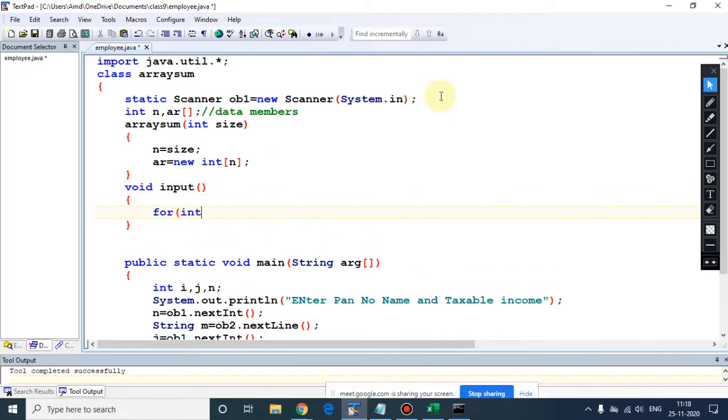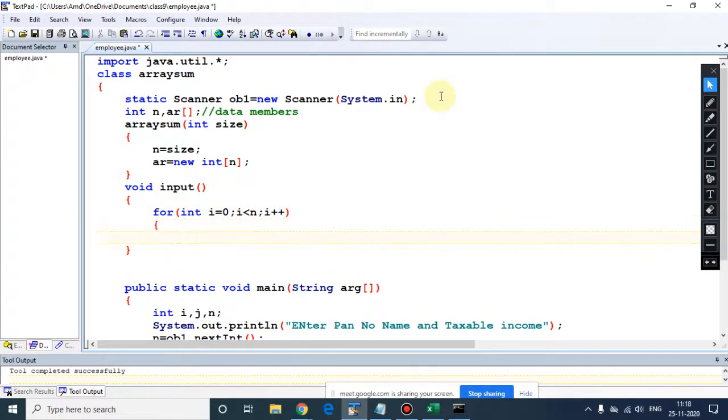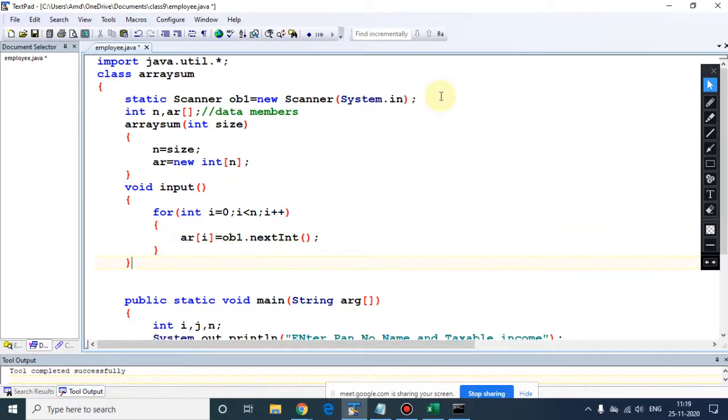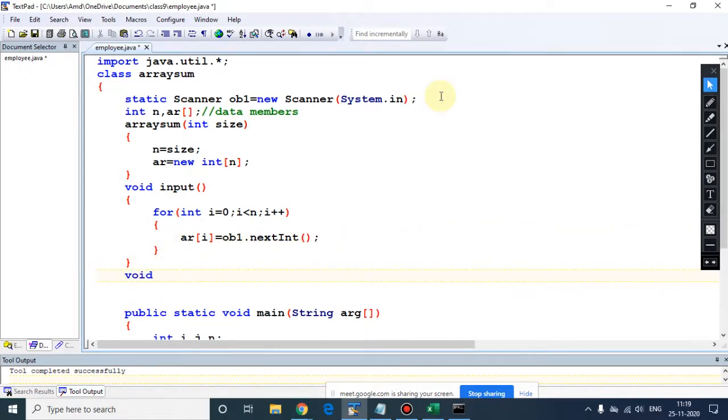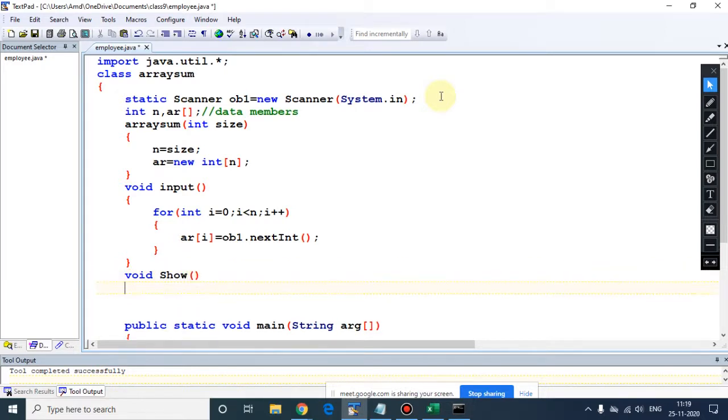So now just take a simple loop as you are taking. Now AR of I equals to OB1 dot next int. This is the basic working I am showing. So for doing the sum, again we need to access them.